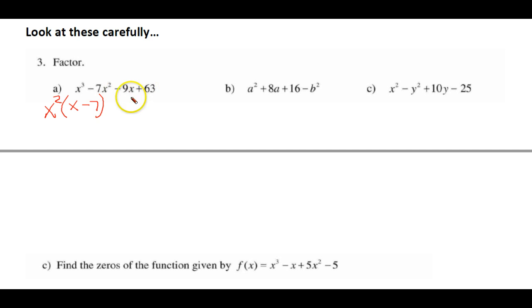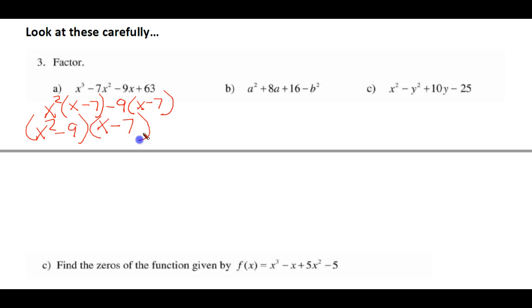Now here we can take out a negative 9, and we get x minus 7. So there's our common factors, and we'll get then x squared minus 9 in one set of parentheses, and then our other common factor,